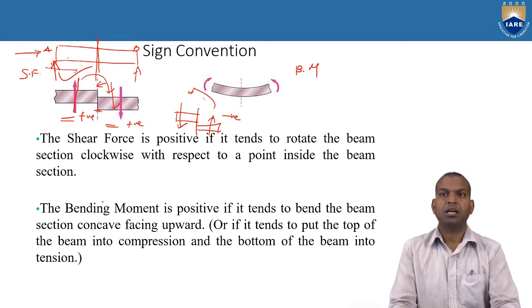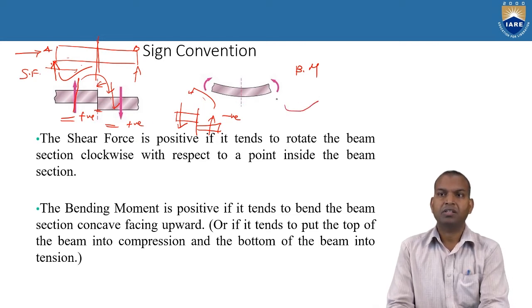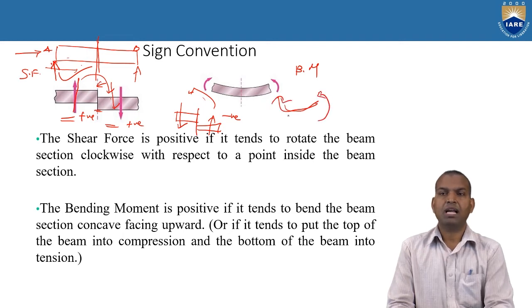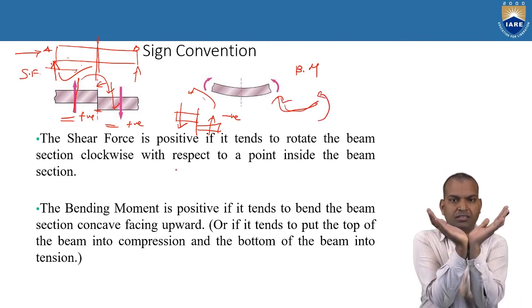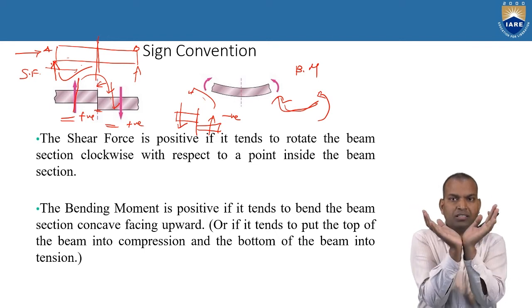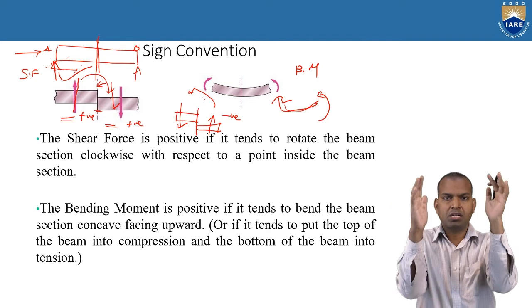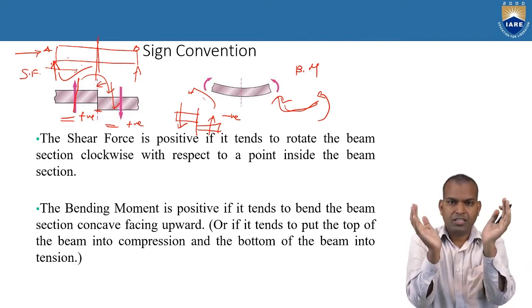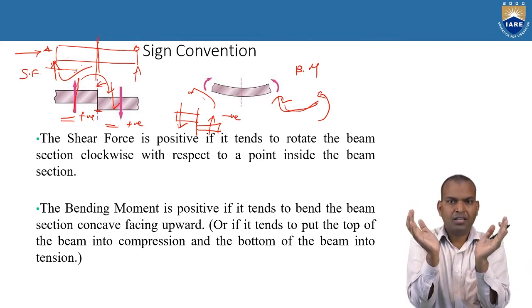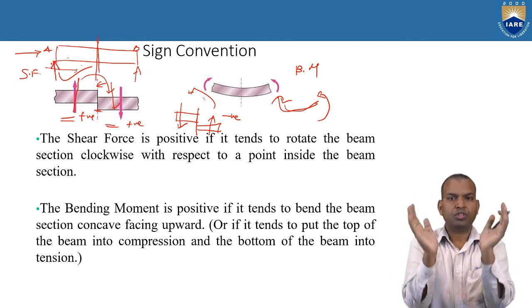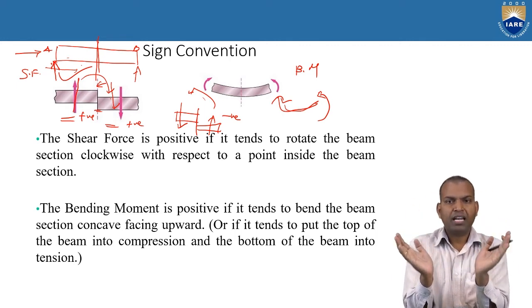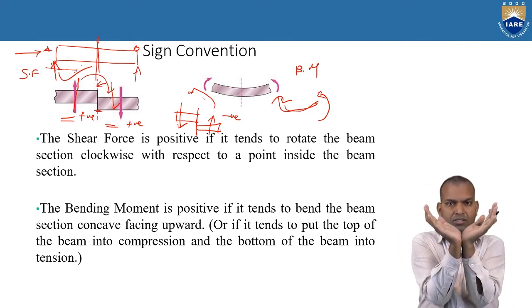Sign convention. Now here it is the positive sign convention. The sagging. What is the sagging? Sagging portion. Now when the bending moment is there, what happens? It moves like that. The portion will come circular. That is called bending moment is positive. Moment is taking both sides in the upward direction. Very simple to remember. How to remember it? If both directions are pushing upwards, then it is sagging. This is the positive bending moment direction.